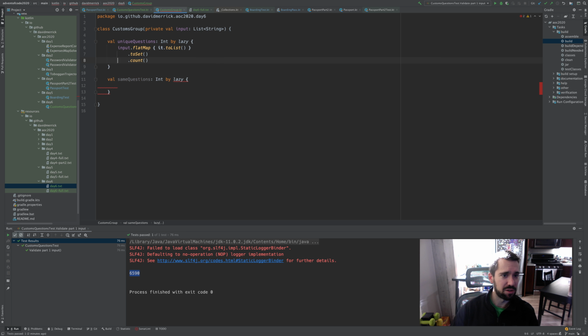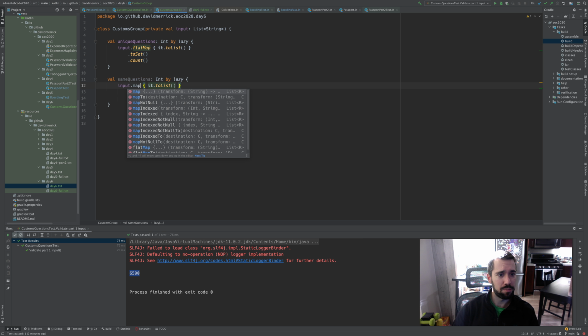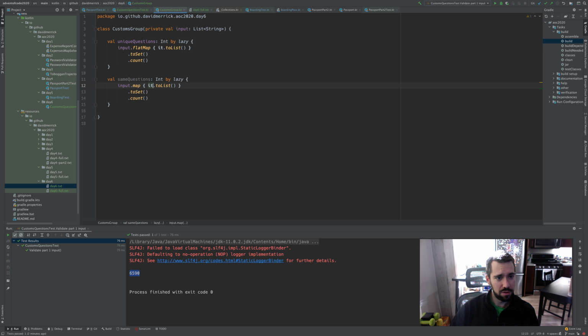And we just need to do some different logic here. We're going to do a flat map of, or not a flat map. We're going to do map, and then we can use a reducer to do the intersection of sets, and then the ultimate reduction will be a set that has everything in it. So we're going to do it.toSet,